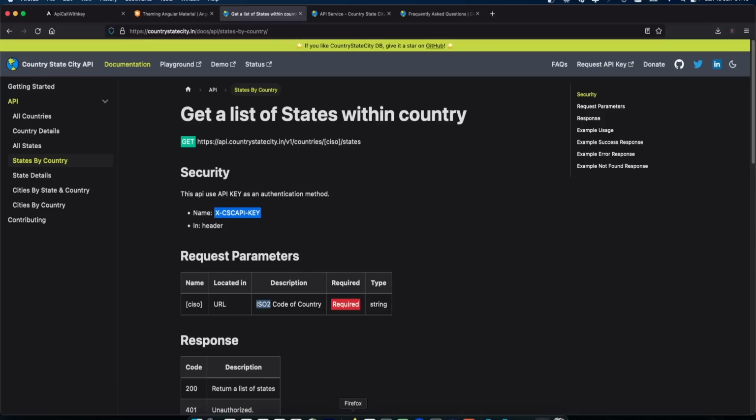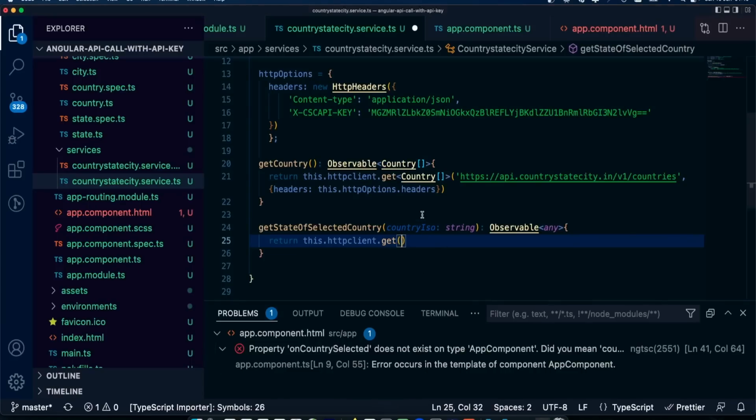Now we need to get this URL that is for the state. We're going to pass that URL in here, and we're going to replace this CSIO with country ISO.